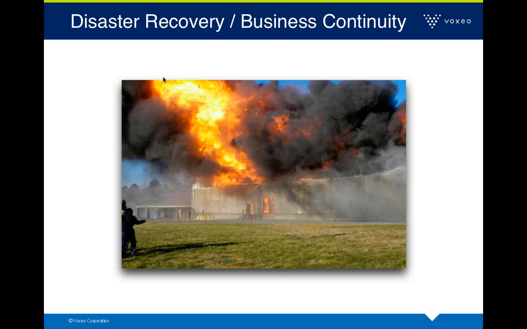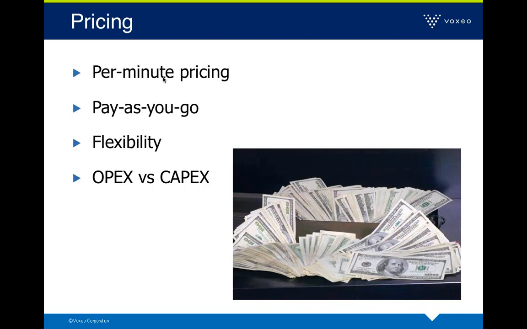Now, the contrary side of this, of course, is that you need to talk to your cloud communications provider about what is their DR and business continuity plan, because what happens if one of their data centers goes down? How does it impact your applications? What do you have to think about? But from an application point of view, the beauty of it can be that it can be up there running in the cloud and just keep on running regardless of what is happening to your specific facility.